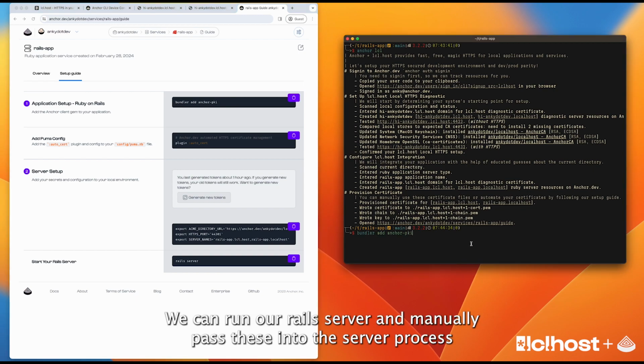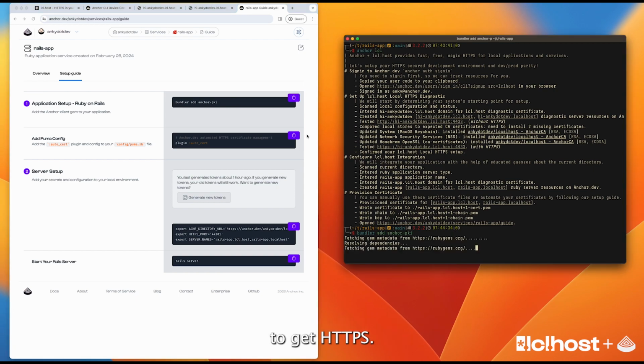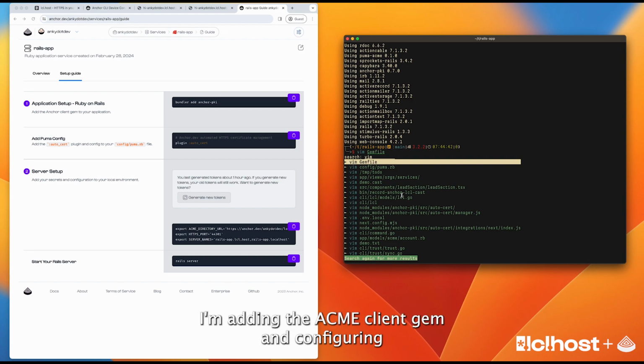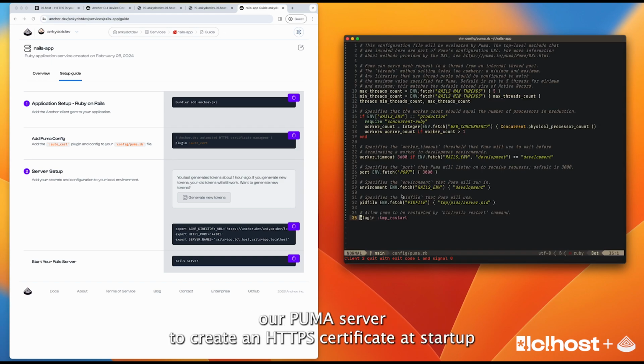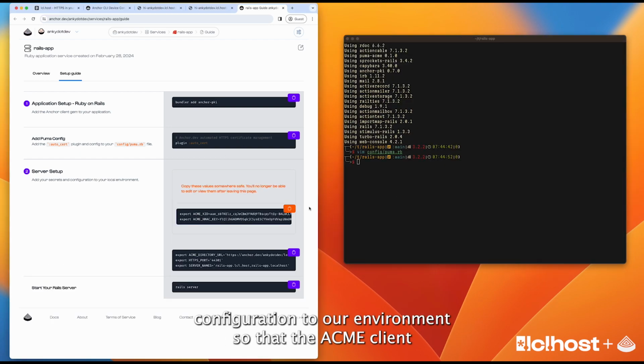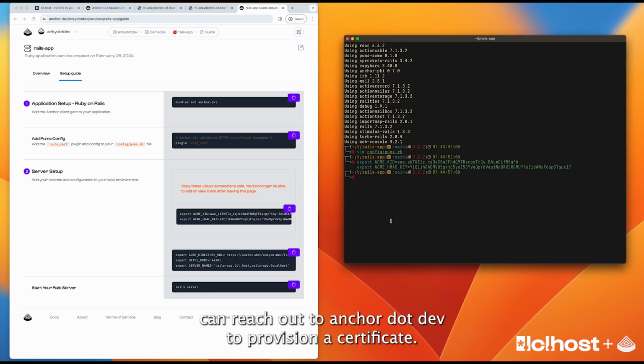We can run our Rails server and manually pass these into the server process to get HTTPS, but instead of that, I'm going to use the generated instructions to automate certificate provisioning. I'm adding the ACME client gem and configuring our Puma server to create an HTTPS certificate at startup, and adding API tokens and configuration to our environment so that the ACME client can reach out to anchor.dev to provision a